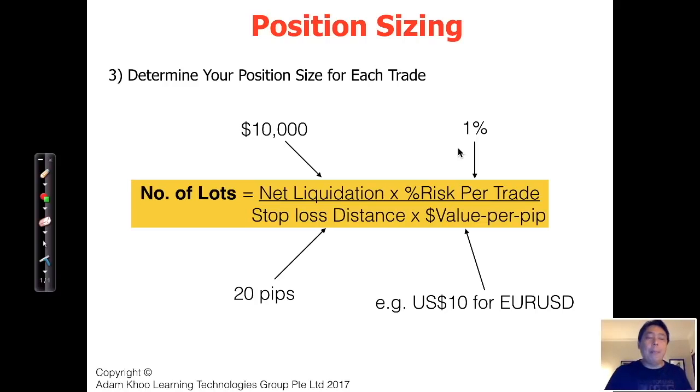Okay. So how many contracts do you need to buy in order to keep that risk at $100? Well, you divide it by the stop loss distance. Okay. What does the stop loss distance mean? Stop loss distance is the distance from your entry price to your stop loss price. For example, if you buy at say 1.2120, okay, so in Forex we just say 2120, right? We don't say the 1 point, we just say 2120, right? And we place the stop loss at say